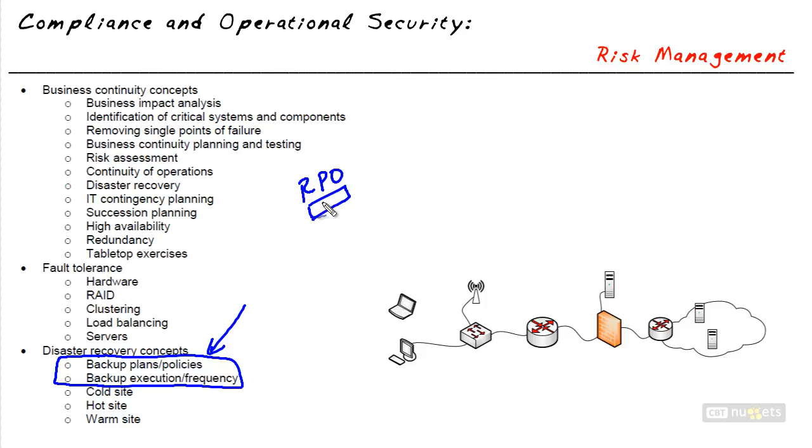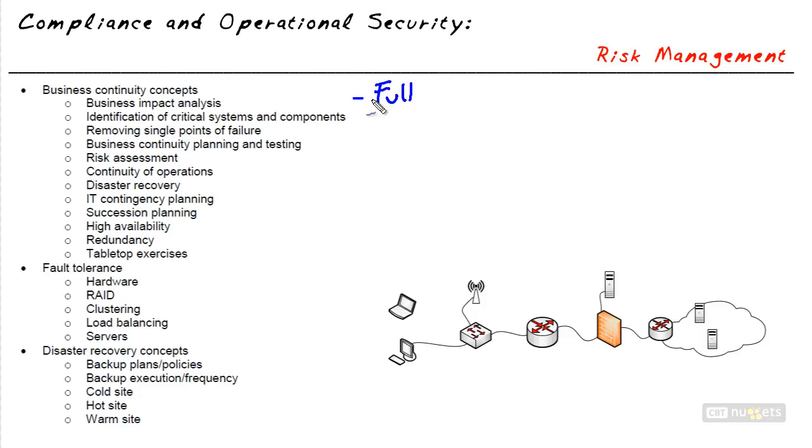If we have to go back 5 weeks for the last backup, that's very likely on a critical server to have a huge impact on business. So we need to identify what the RPO is, and then identify a frequency of backups that honors that or can fit into that recovery point objective. Now, regarding the actual backup types, we could do a full backup, and it's just what it sounds like. We're going to back up every single bit of data. And the challenge with the full backup is that it takes a long time to actually do.